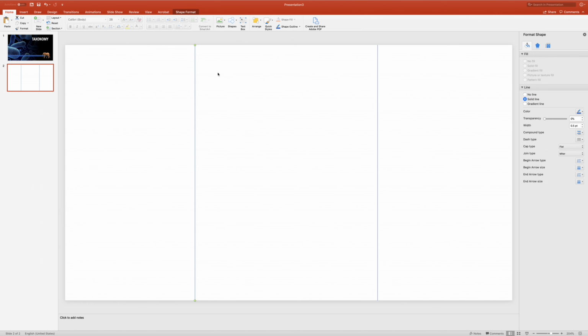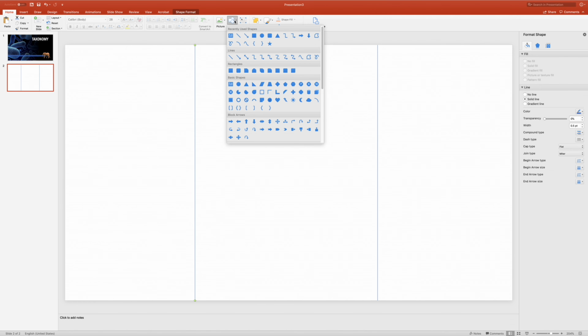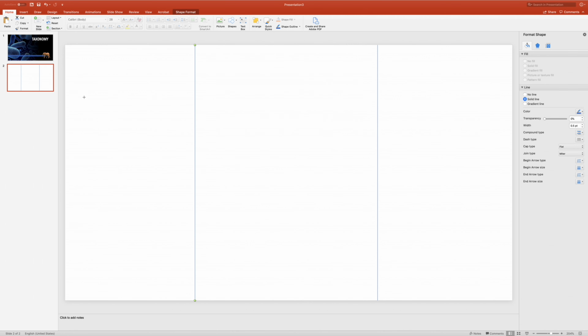We're going to do the same thing across the image as well. So I'm going to do another line. This one is going to be a horizontal line. We're going to try to roughly eyeball a third here. And then we're going to copy that and paste it again and roughly eyeball another third right here. Okay, so that's a rough